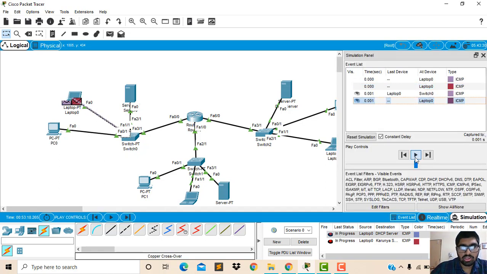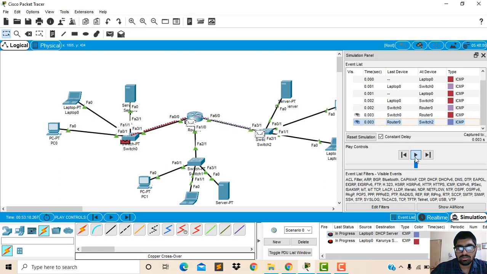The packet is going from the switch to the router. From the router, it is going to the DNS server.